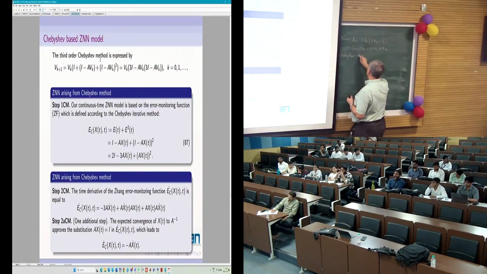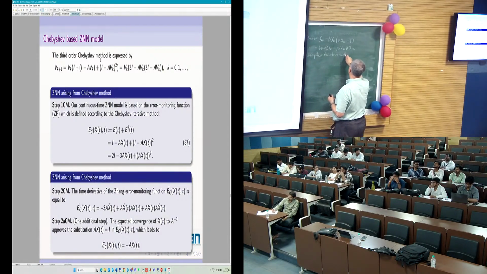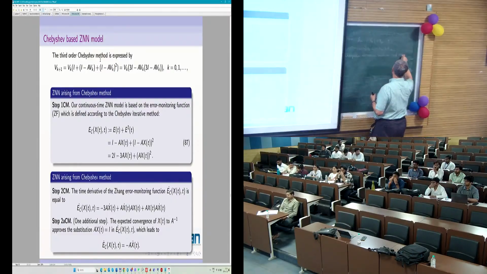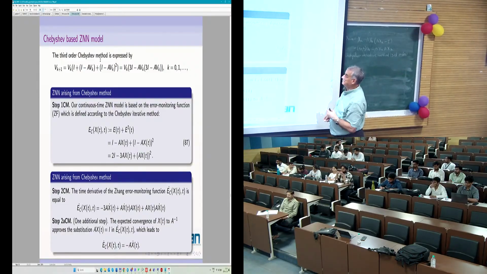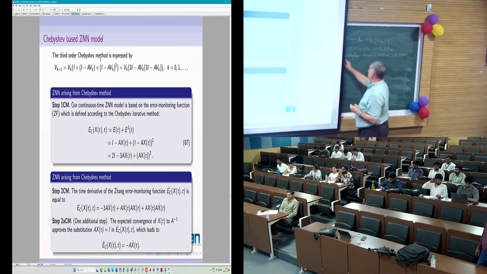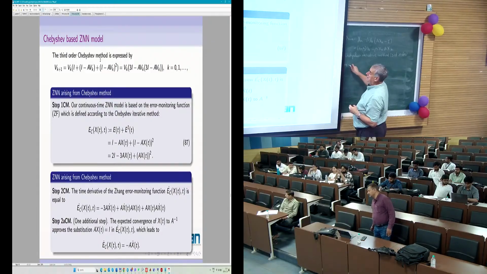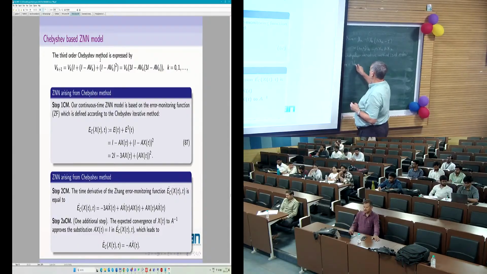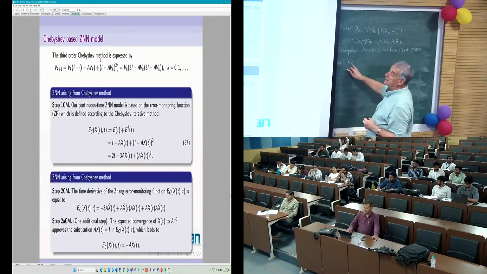Chebyshev iterative method, third order. This method is defined using V(k+1) equals V(k), the new iterative value equals the old iterative value,